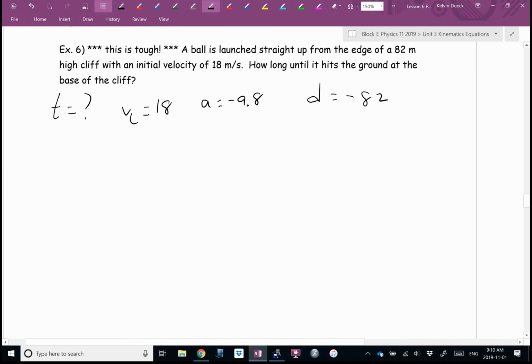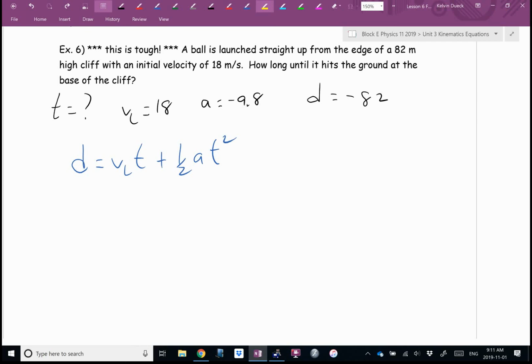Which equation? D equals VIT. Don't write this down. Put your pencil down, Sky. The correct equation would be this. And we have solved for T with this equation before, but I told you a couple of days ago that the only way that we could solve this would be if either that or that, either VI or A, was 0. Are any of them 0? How would you get the T by itself? You cannot, because there's both a T and a T squared.